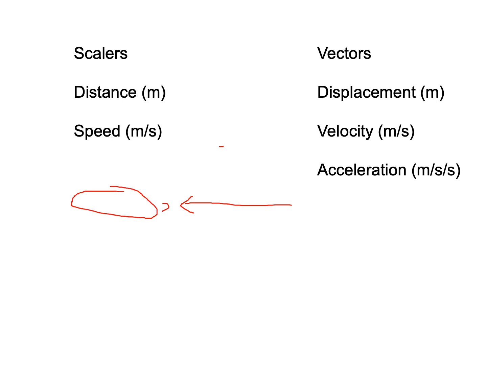We can talk about that in chapter 4 or 5 when we talk about circular rotational motion, because when you take an object moving with constant speed,